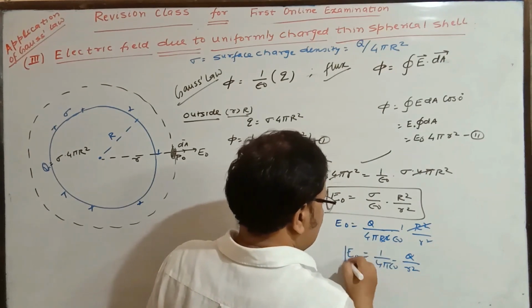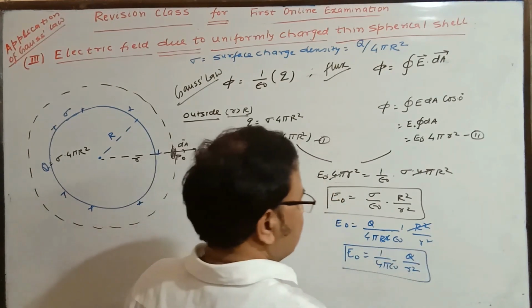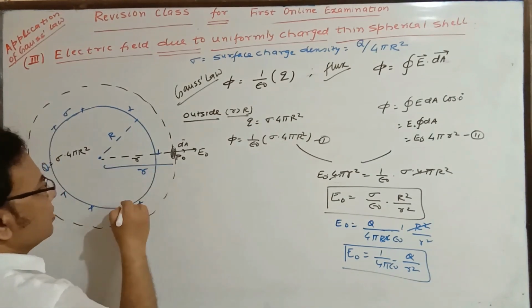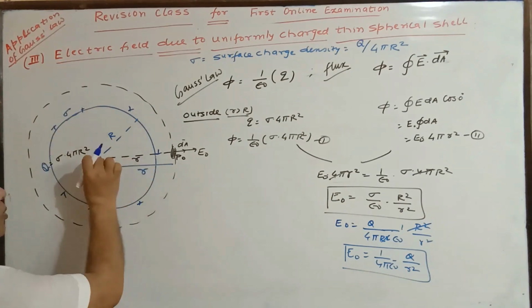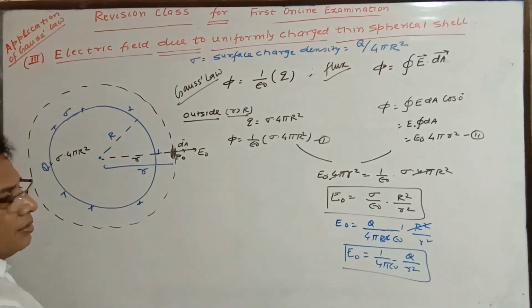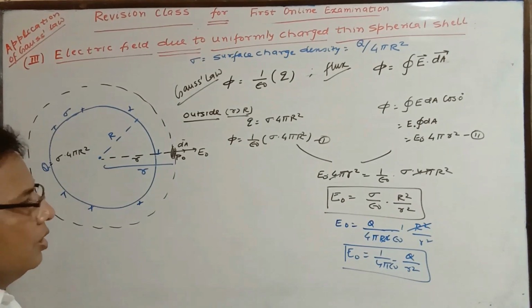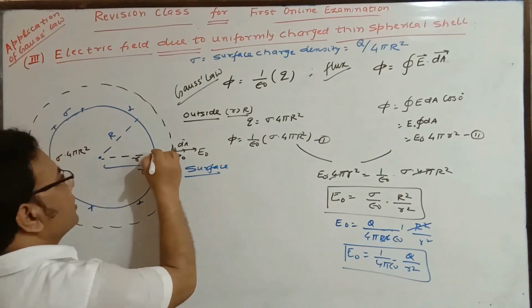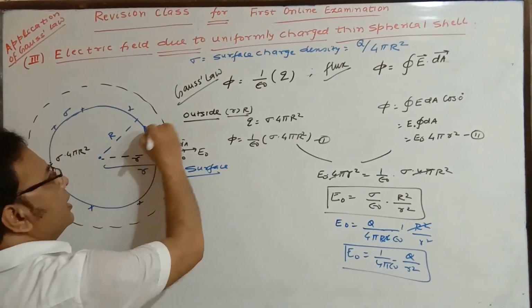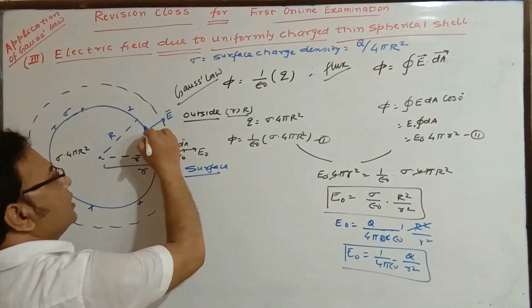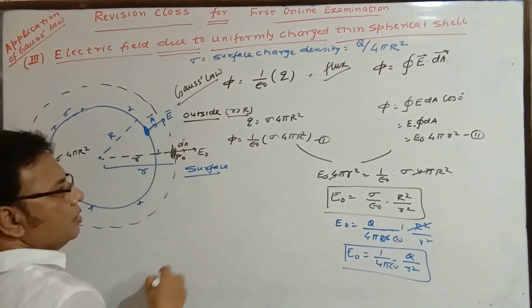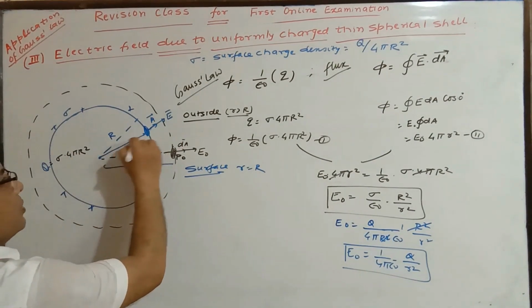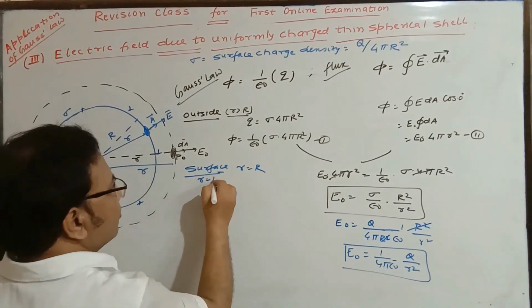So is it not just like a charge placed at r distance? If we are finding the electric field at r distance, it simply means this whole charge is assumed to be concentrated at the center. This expression simply says so. Now, if we find the same thing at the surface, say at this point, the electric field just outside and the area vector are in the same direction. So at the surface, small r is equal to capital R. This is the point of observation, small r. Surface means r is equal to capital R.